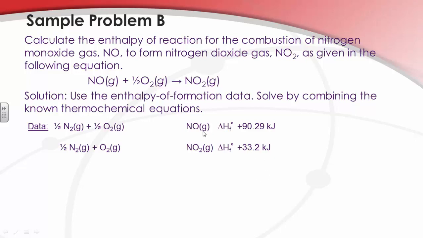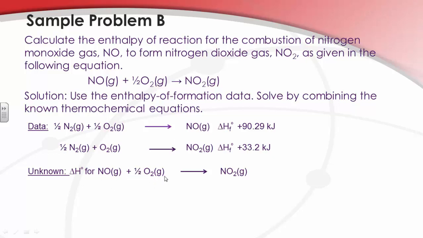So guess what? Here they are. Here's the enthalpy of formation of nitrogen monoxide. And here is the enthalpy of formation of nitrogen dioxide, our product. Now what we have to do is reverse the one for the reactant and leave this one alone. So our reactant,